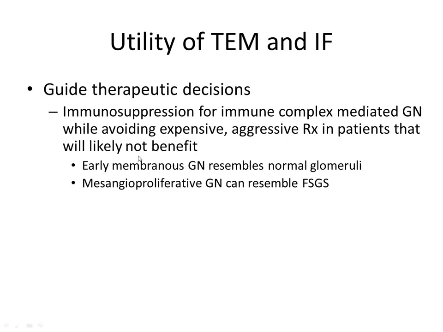The issue is that when you have very early disease, some immune complex diseases like membranous that are very early are going to look completely normal via light microscopy, to the point where they actually look like very beautiful glomeruli. And everybody's like, oh, look at how gorgeous these glomeruli are. And then I go to EM and I find immune complexes on the outside surface of the glomerular basement membrane. So if you didn't do EM, you would have said these are completely normal glomeruli. This patient doesn't have immune complex disease, and the patient wouldn't be treated appropriately.